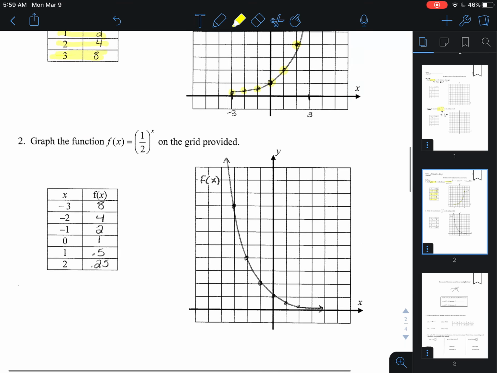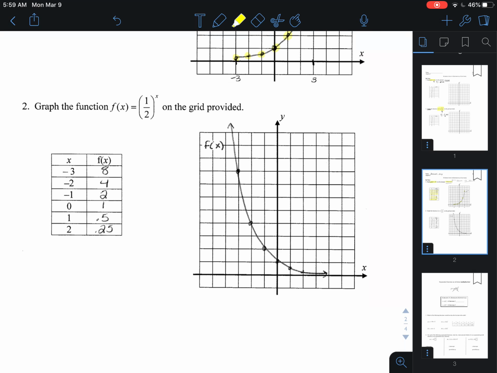Okay, let's look at the second graph. Now we are graphing, this is also an exponential function, and we're going to talk about what that means in a moment. You are raising 1/2 to the x power, so now we are going to start graphing on the left. So you should have had the points -3, 8; -2, 4; -1, 2; the same y-intercept of 0, 1; and then we do have some decimal values going off to the right: